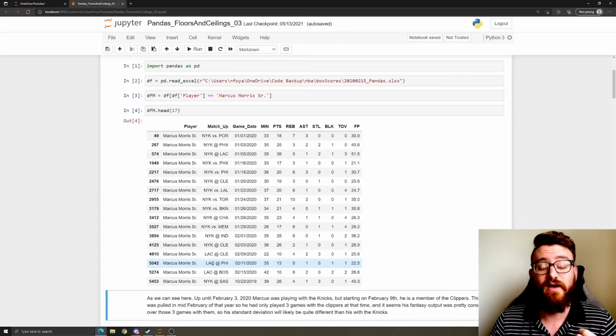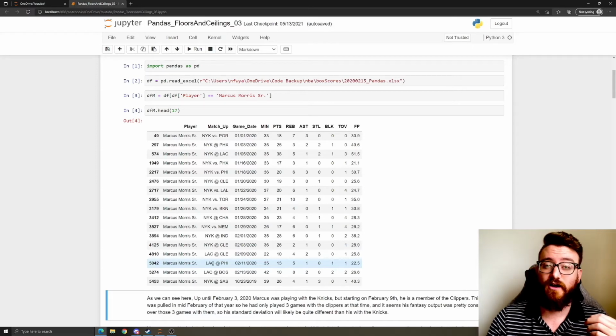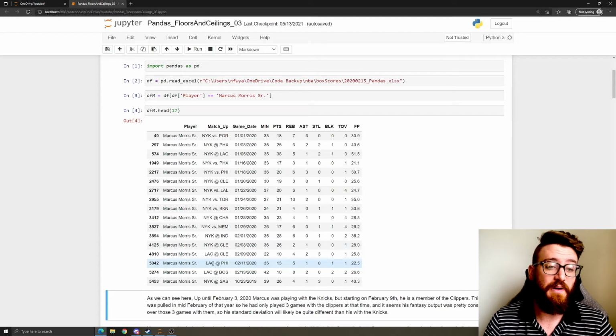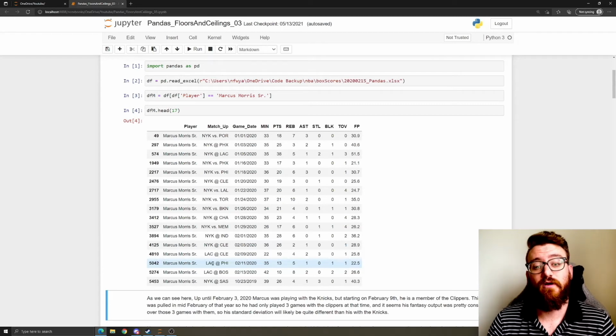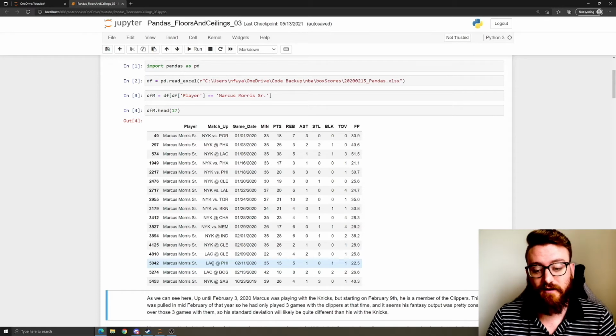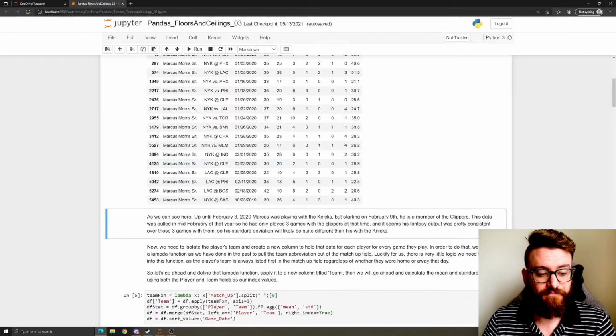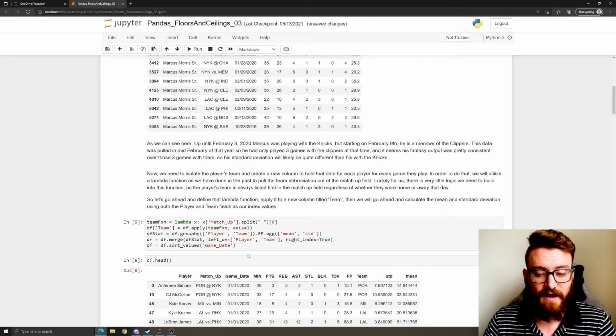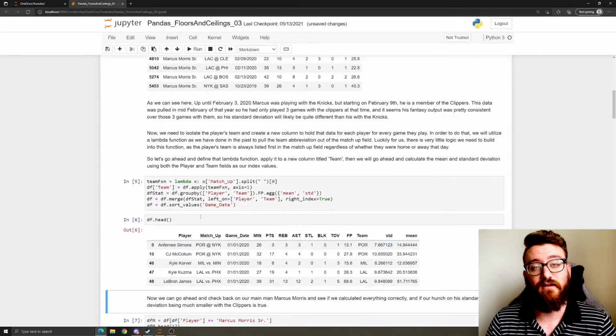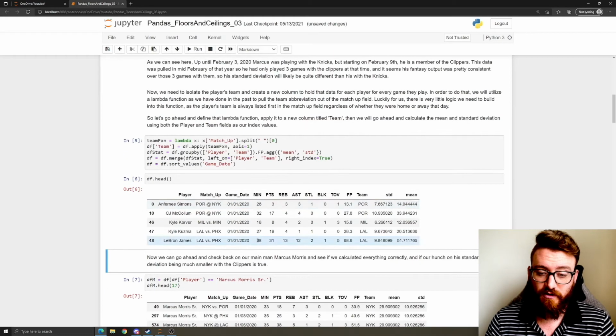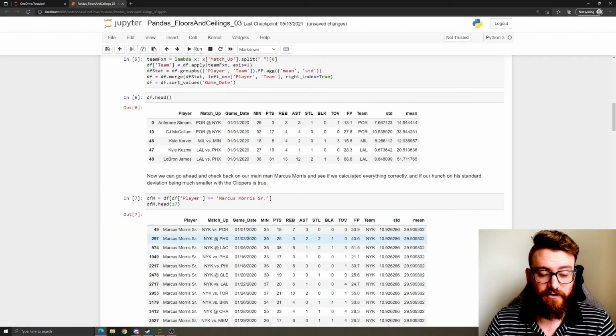And if you're not paying attention to that kind of stuff and just kind of on autopilot running over the data, or maybe this is an automated process for you, those are things that can really throw your data out of whack and your projections out of whack as a result. So, some things we can do. We're going to go ahead and add in the same things we did in our previous video, so none of this is new. We're adding in standard deviation and mean based off of team, and now we check Marcus Morris again,